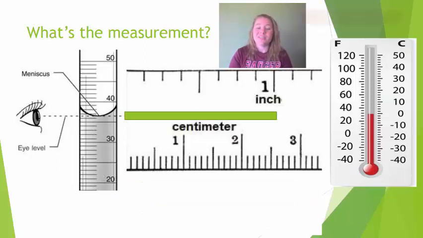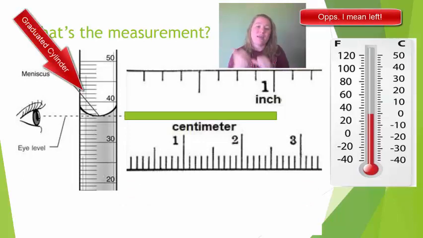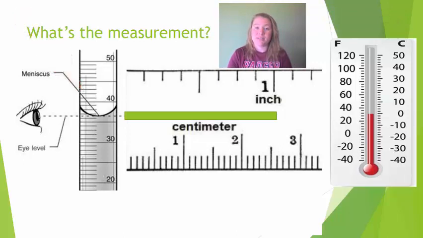For the graduated cylinder, all the way on the right, that is where we are measuring at the bottom of the meniscus. Remember, the meniscus is that little dip in the liquid right at the top level. So you want to have your eye level with the bottom of the meniscus. You do not pick up the graduated cylinder and hold it in the air. Leave the graduated cylinder directly on the tabletop. Bring your eye, scoot yourself down so you are eye level with the top edge of that meniscus, and read